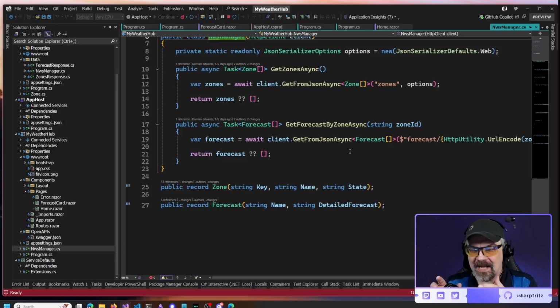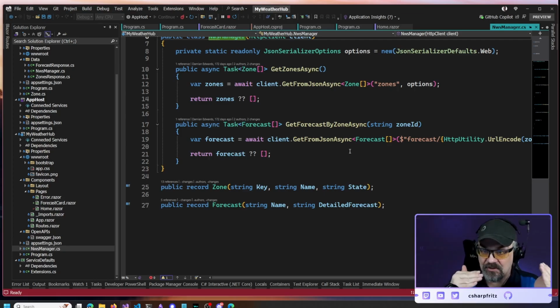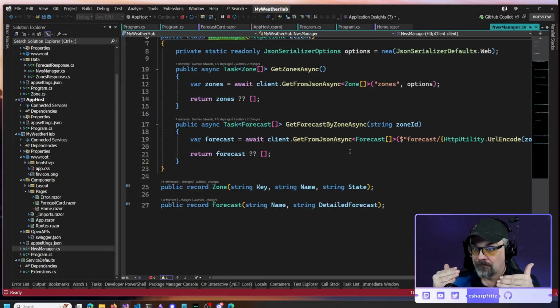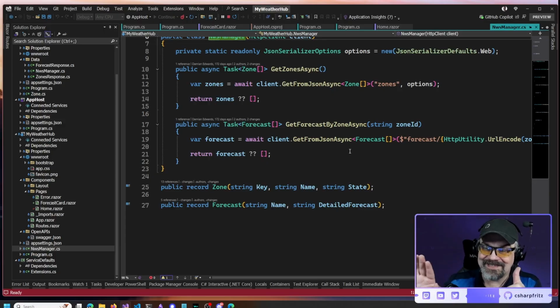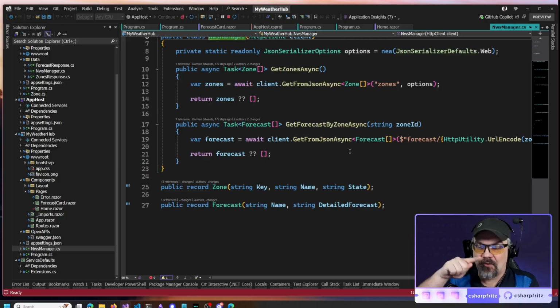By adding the API as a middle layer between us and the National Weather Service, this allows us to update that API independently of the National Weather Service, so we can add new features to our API, or when the National Weather Service changes their API, how we connect and get data from them, we can hide all of that inside the API project, and this project right here stays the same. It's a really neat sample that shows you how to connect all of these pieces to get weather data live